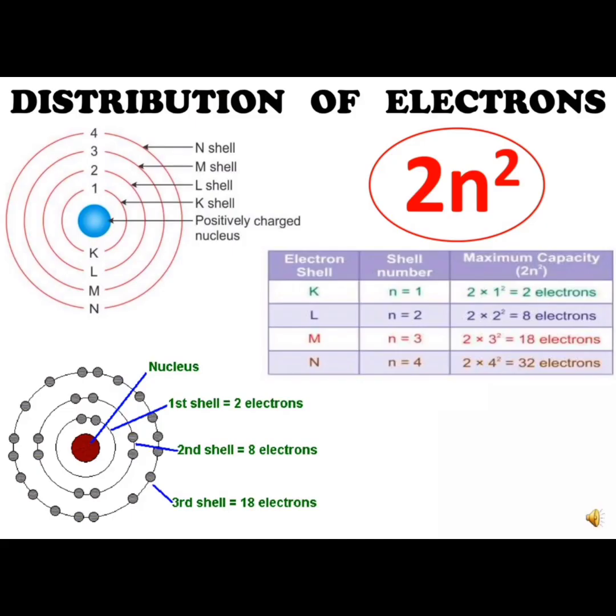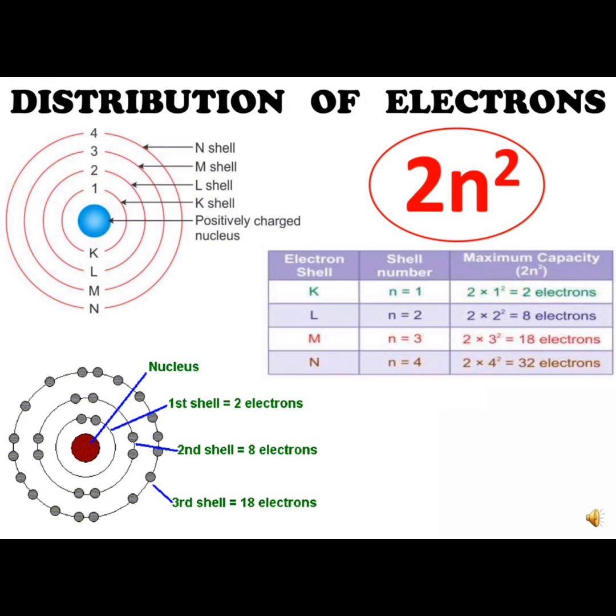Next, we look at the distribution of electrons. How are the electrons placed around the nucleus of the atom? Now, the electrons which are present in the atom are not just present anywhere wherever they feel like. They have a fixed position. So inside the atom, if you look at that first part of the diagram, you have that blue colored part which is shown, the blue circle. That is your nucleus, which is containing your protons and neutrons. Okay, now outside the nucleus you have those red circles which are drawn. Those circles are called the orbits, or they are called the shell.